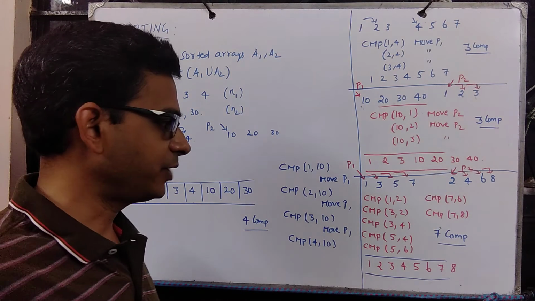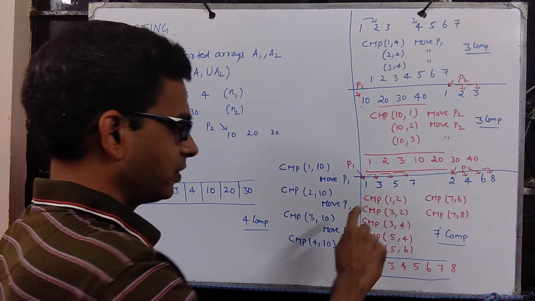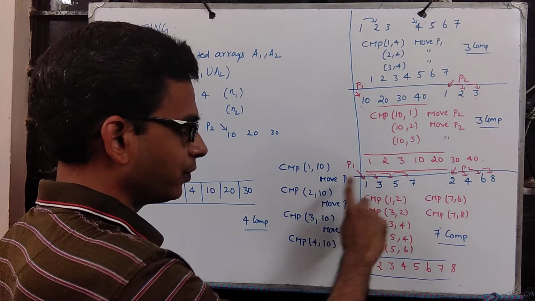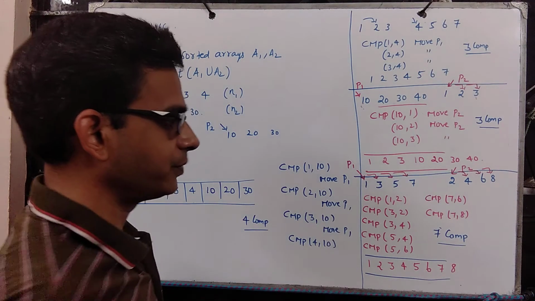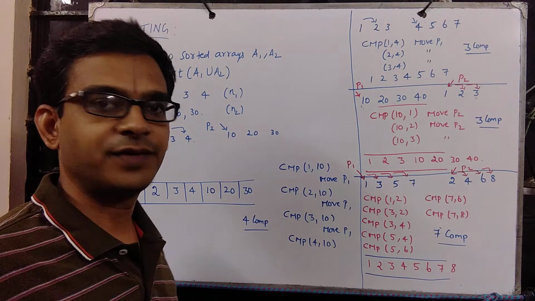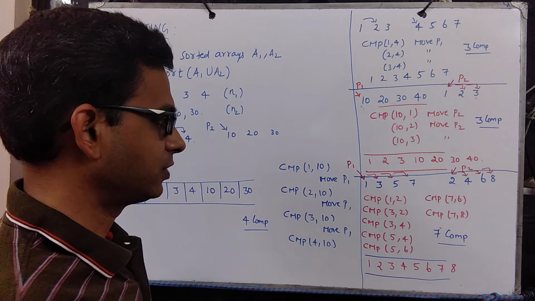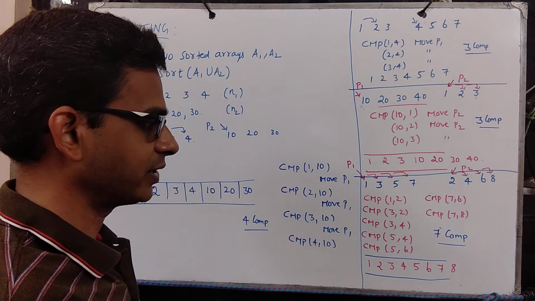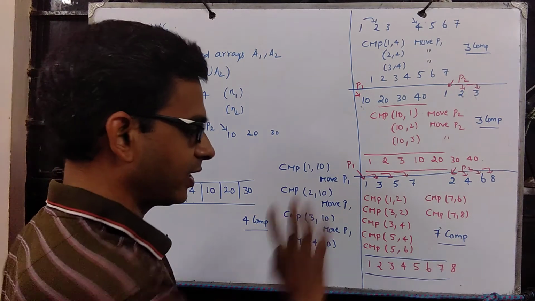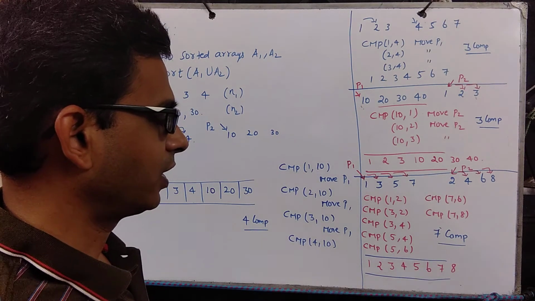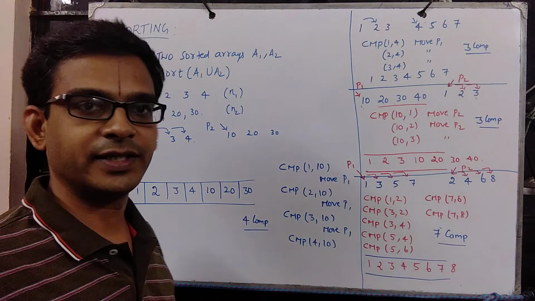In fact, that should tell you something. So the case where we tend to move P1 and P2 alternately, that should incur maximum number of comparisons. So first I move P1, then P2, then P1, then P2. So like that we keep doing this, right? That would take maximum number of comparisons. Now can we generalize this?